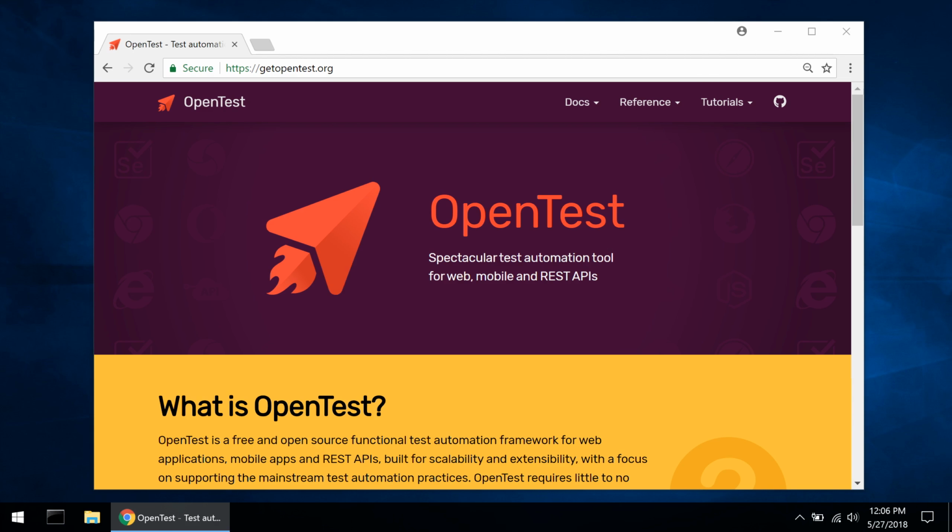So today we're going to start a series of tutorials that will demonstrate some real-life web test automation with OpenTest. I think we can all agree that, while Hello World tutorials are nice, they're in the end not all that useful. So what we will do today is demonstrate some real-life scenarios using a site called todoist.com, and